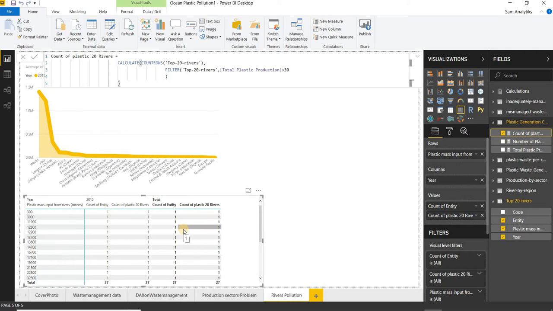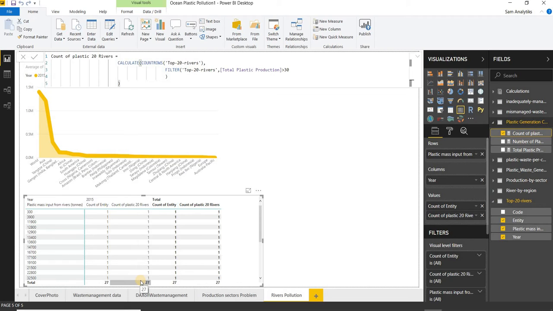That means the problem is with the rivers, and the pollution is not actually happening from one single country. It is happening for the entire world, and the rivers are contributing to this problem and this particular situation that needs to be taken with awareness and care.